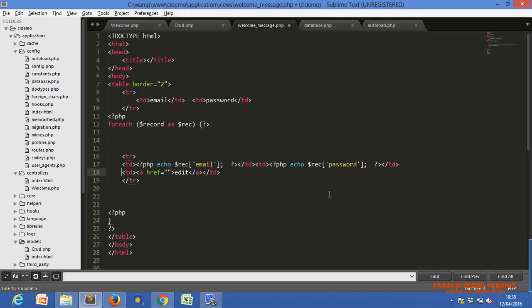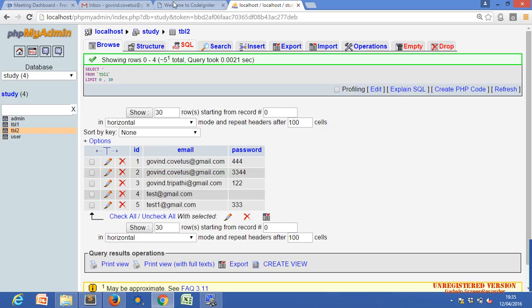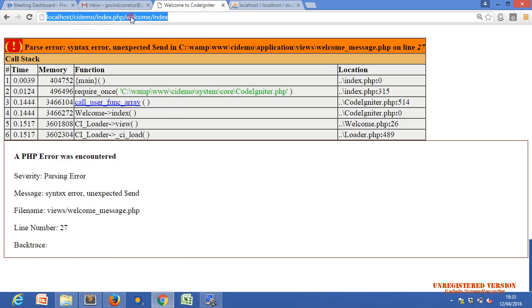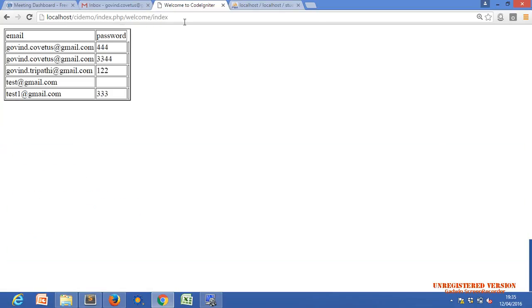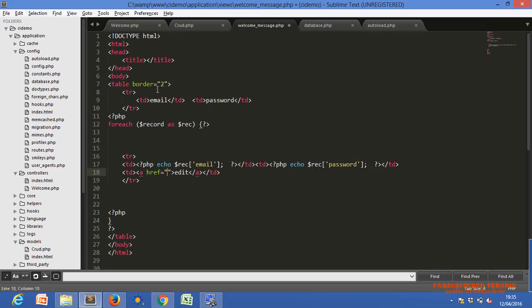Okay, let's see, href. Now we didn't use our base url right now. That's why I have to use whole url. Whole url means here. Okay, this code is working fine, no issue. Till welcome we have to use this whole url in the anchor tag, localhost. This is our folder name. The index.php should be there, and welcome.